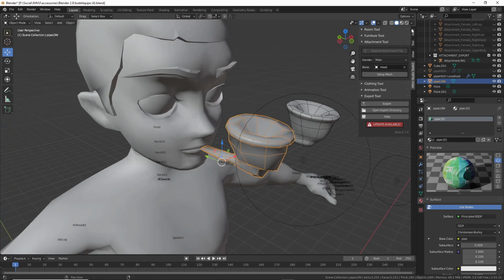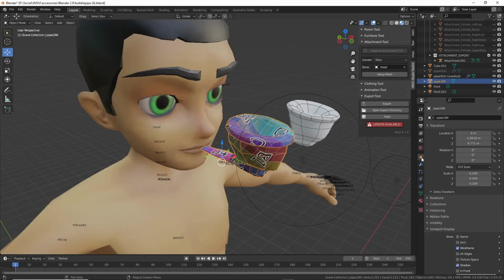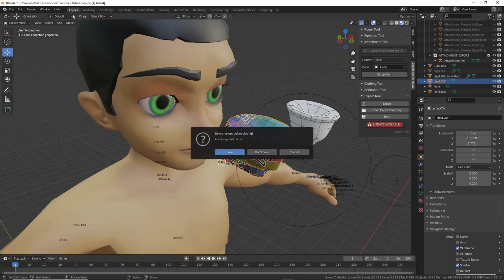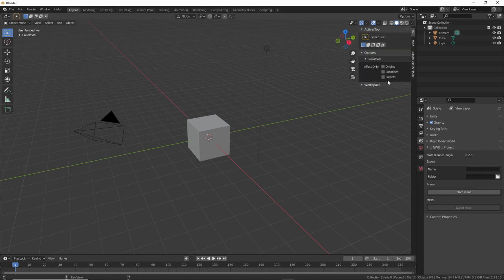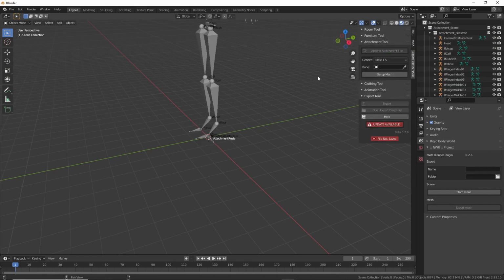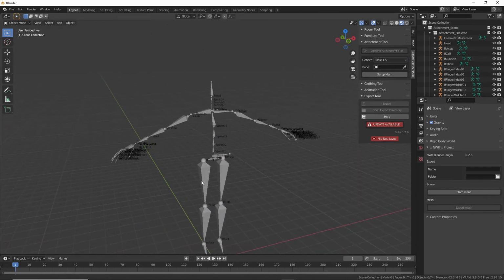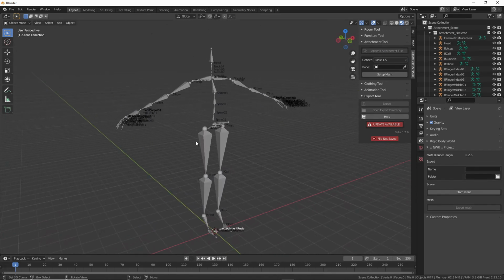Reloading. Oh, it is renamed. That's okay. Right, so fix this. General. Don't save. Make sure nothing is selected. Toolkit, attachment tool, create a new attachment project. So this time